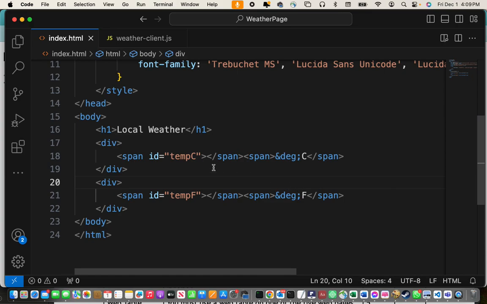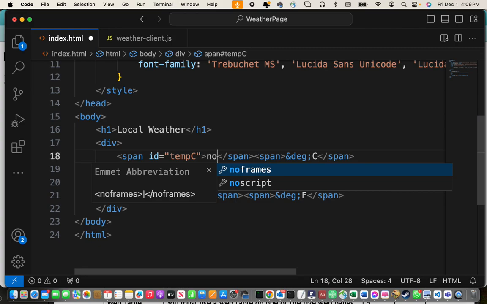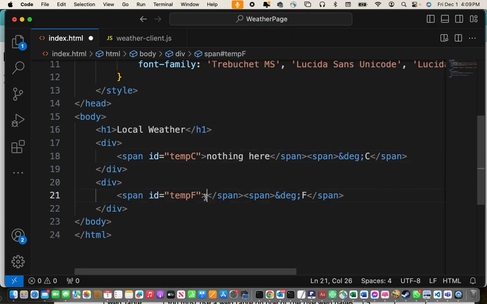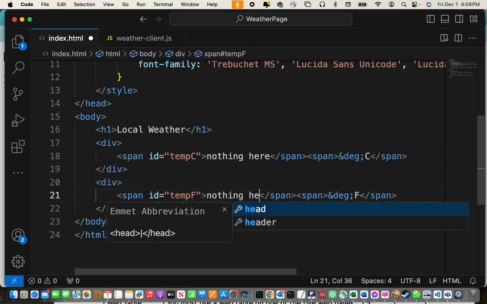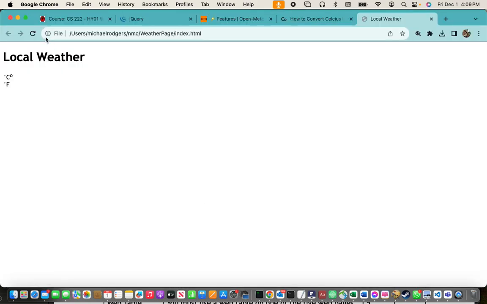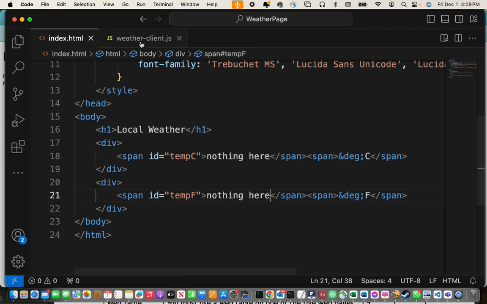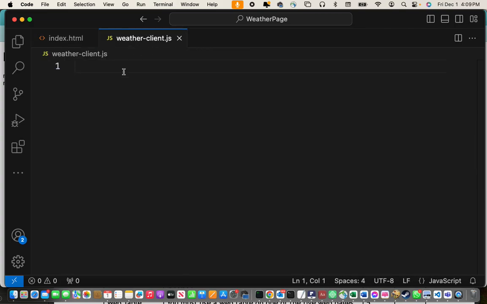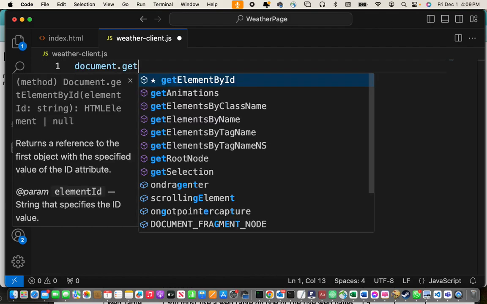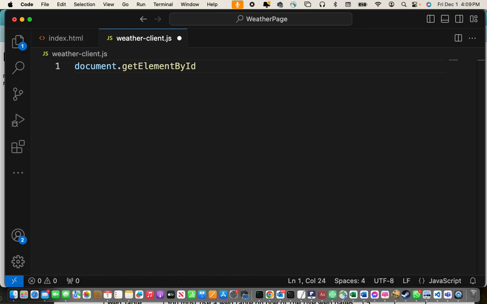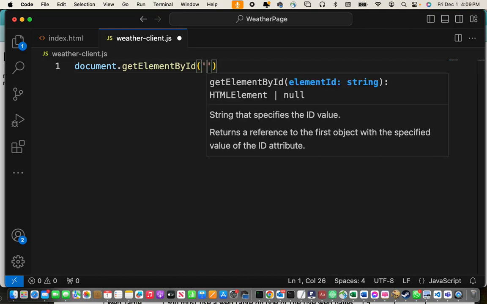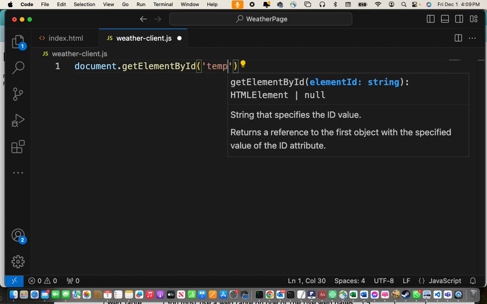All right, so you'll notice that there's nothing here. Nothing here. All right, and we can see that there's nothing listed there. In JavaScript, let's go over here for a moment. If we wanted to change something in JavaScript, we could just say document get element by ID, and then we would just say in single quotes temp C